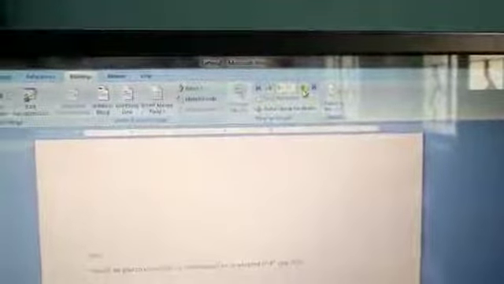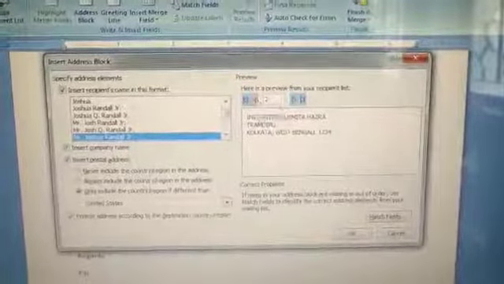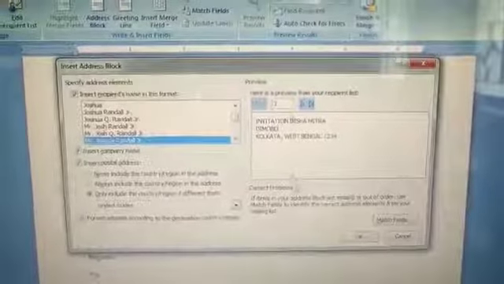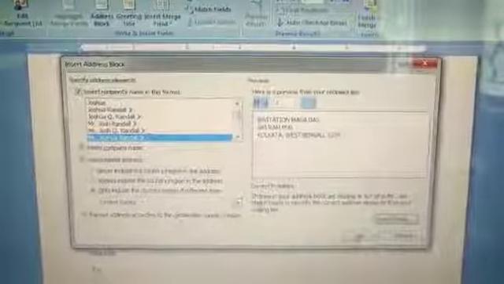This time I am choosing another existing list. We have chosen it and we check how many details are there. Three over here. From the address box also you can check how many names are there: three. This time it is another one. This one is the first, second, third. Okay, so I am clicking on OK.